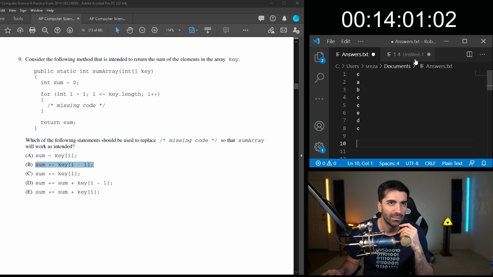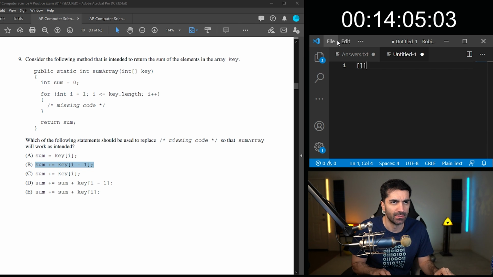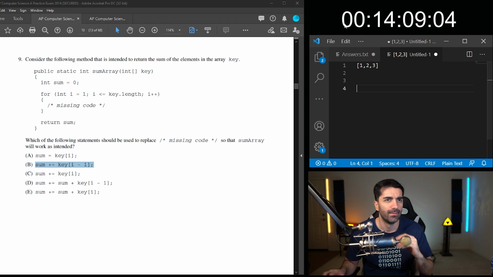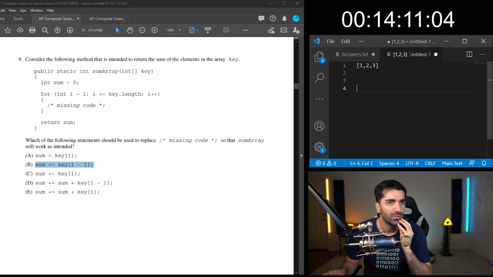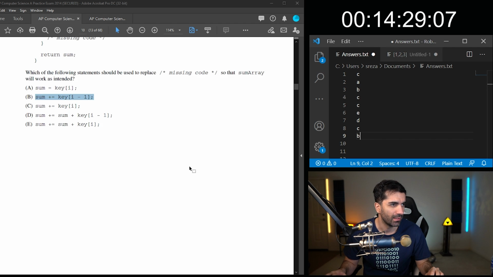Because let's say our array is 1, 2, 3. i will be 1, so we have to go to i minus 1, then i minus 1 again, and then i minus 1. Yeah, I feel like this would be B, right? Okay.